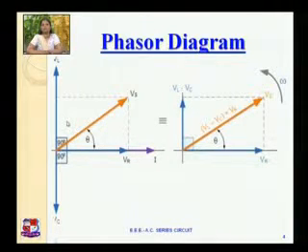This is the leading voltage, this is the lagging voltage. So this is the final phasor diagram, in which this is again the voltage across the resistance. This vector indicates VL minus VC. According to the values of the voltage across the inductor and the voltage across the capacitor, it is VL minus VC or maybe VC minus VL. And this is the resultant voltage, which is the phasor sum of VL minus VC and VR. So this is the phasor diagram for the RLC series circuit.